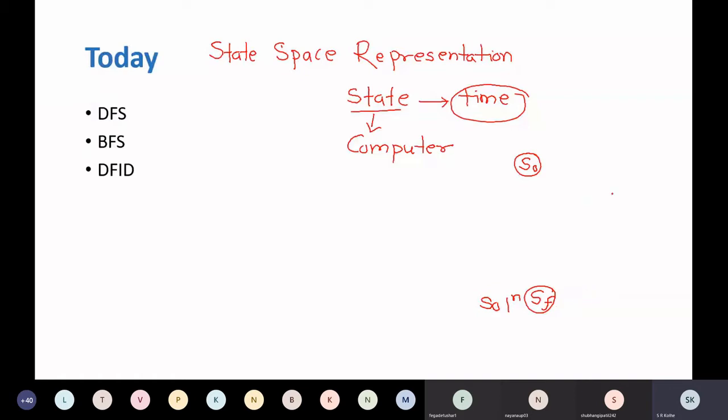Similarly, S0 is a starting state from where your problem solving process may start, and for a given problem you may have more than one starting state. So problem solving means converting S0 into one of the SF, that is, a final state.